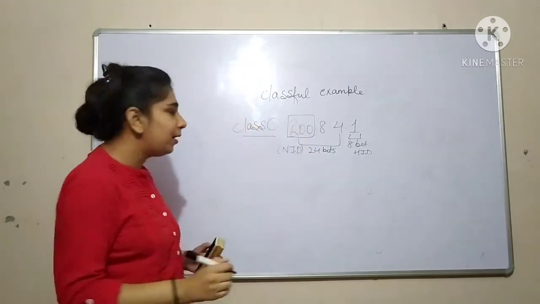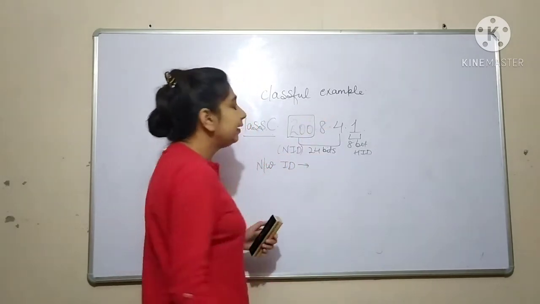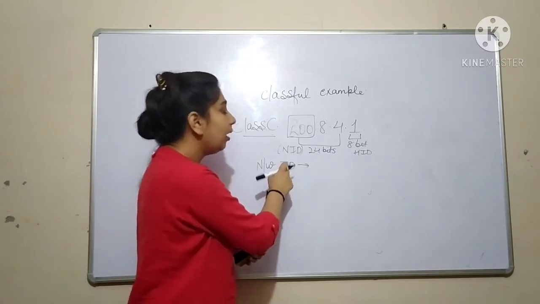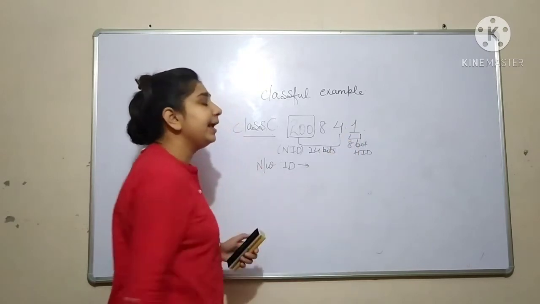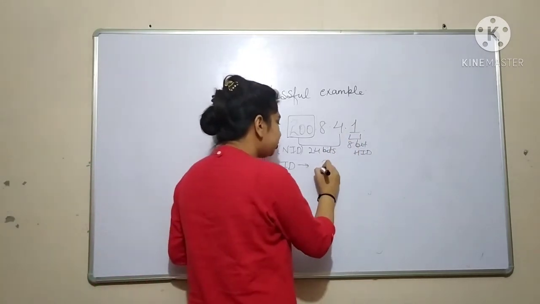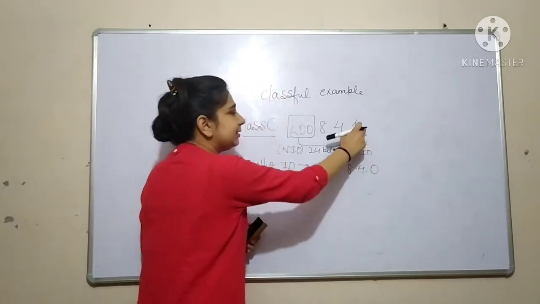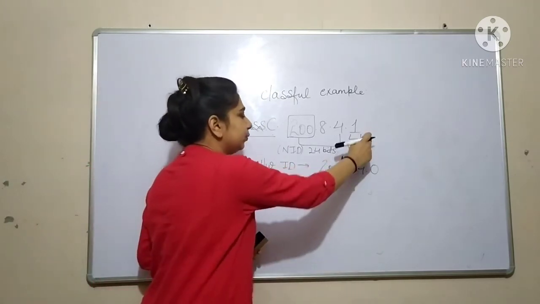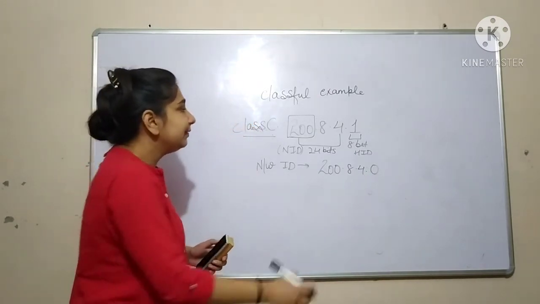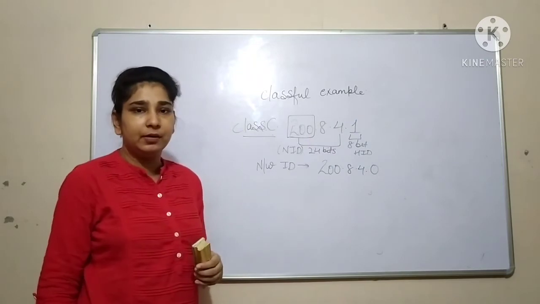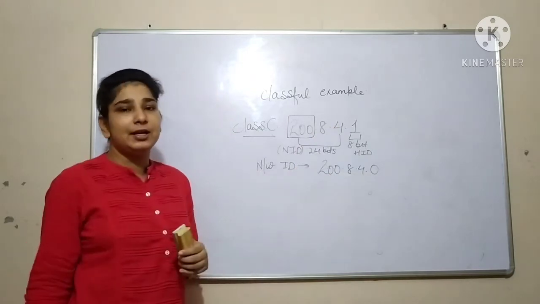Okay. And now what I have to do, I have to find the network ID. What is going to be the network ID? Put all zeros in the host ID part. The host ID part is 8 bits in this case. So what is going to be the network ID? 200.8.4.0. I am placing all the last 8 bits 0. So what is the decimal representation? .0. Okay, this is basically the decimal representation. You can convert it into binary as well, but this is a decimal representation.